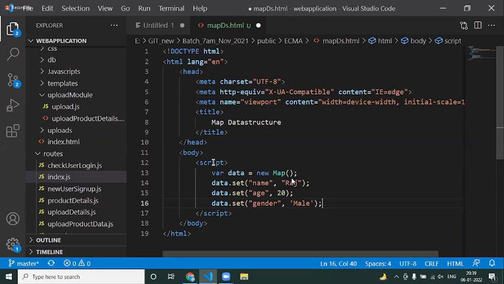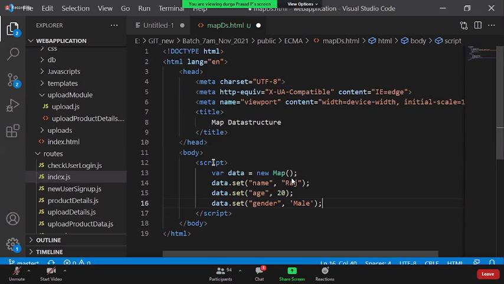We already know that when inserting key value pairs within a JSON object, the key should always be unique. If you try to insert the same key with multiple values or the same value, it is going to store only the most recent one. The same happens with the map.